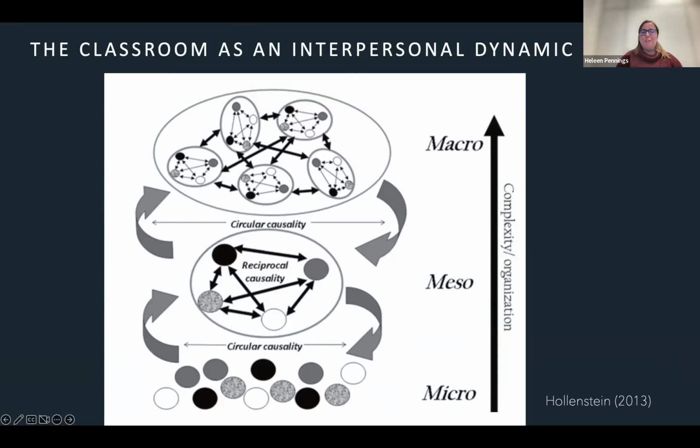On the micro level, we have these individuals. Then on the meso level, the interactions between these individuals in a classroom or in a small group. And on the macro level, there are larger systems, like multiple classrooms in schools.